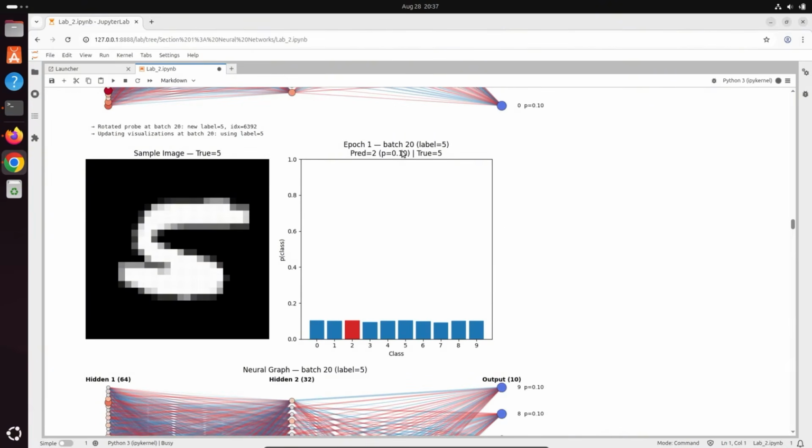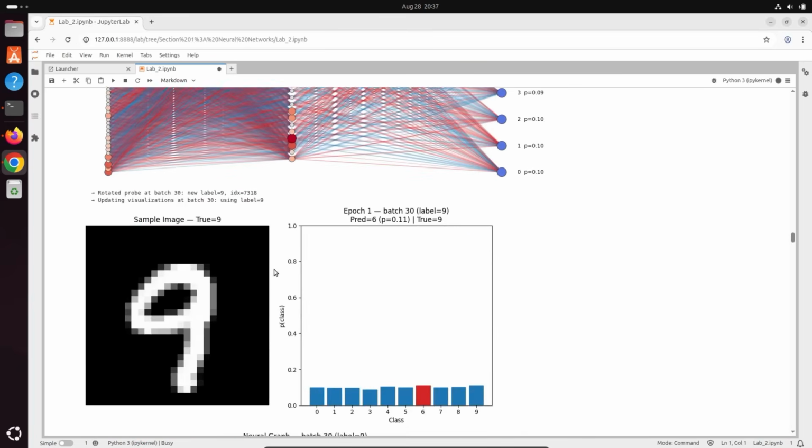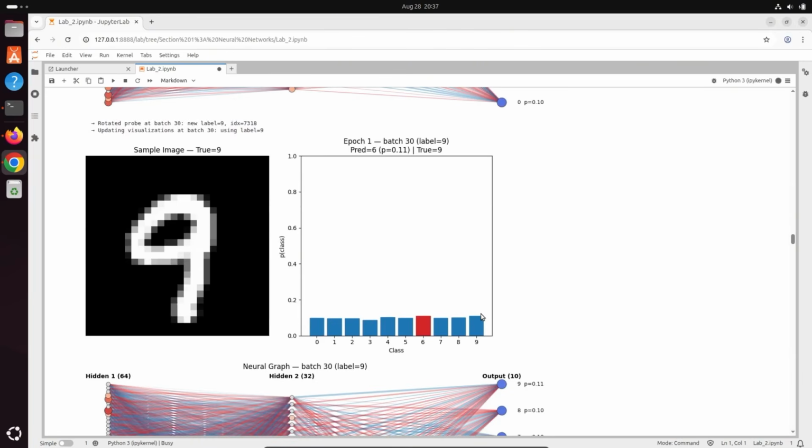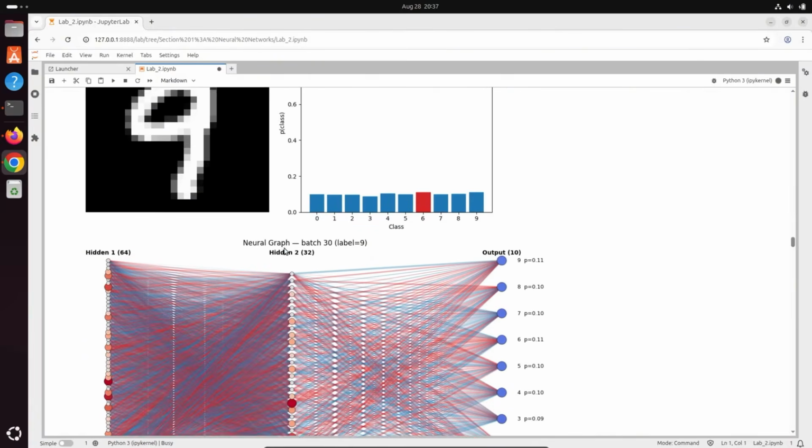And again, you'll notice as we go through the batches at the start, it's still pretty flat. So there's not much for it to change, to perform on. Maybe we went a little bit in the right direction here, still getting this wrong. But if we keep going through, you'll notice that we start to get a little bit more variation in the output. Again, we're still getting this wrong as a 9,